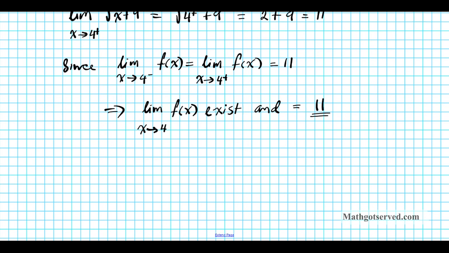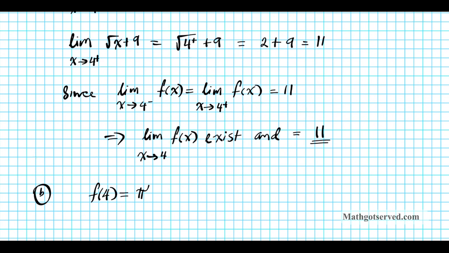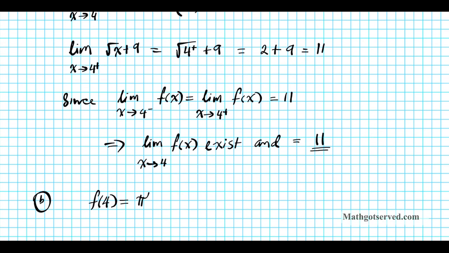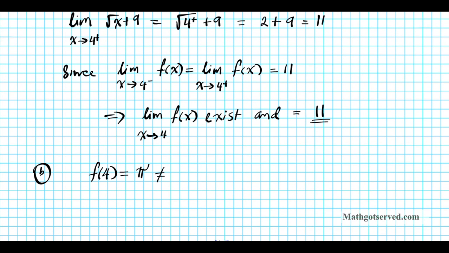Okay? So this b part is continuity. Is the function continuous at 4? F of 4 is equal to pi. Okay, based on this piecewise defined function we have up here, f of 4 is pi, so that actually is not equal to the limit. Okay, it's not equal to the limit as x approaches 4 from both sides. So since they're different, that means that the function is discontinuous